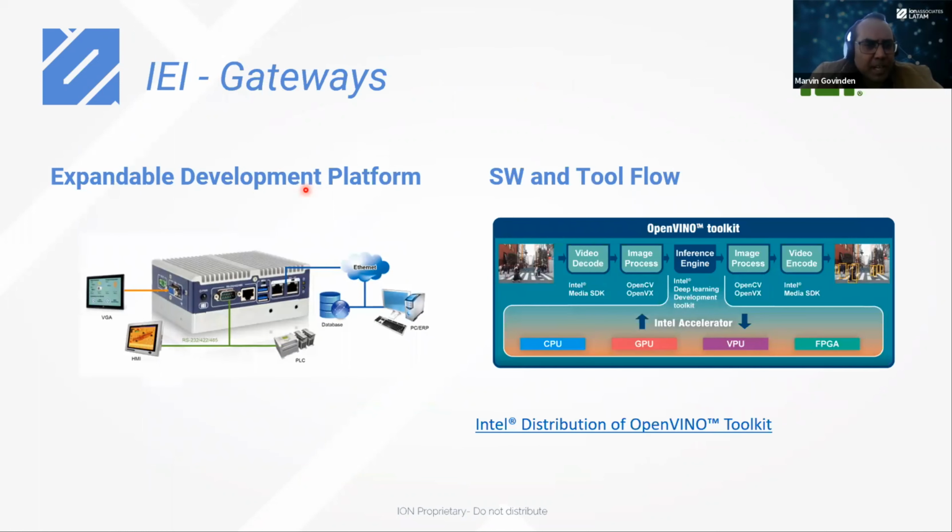So yeah, with AI we have different development platforms. We have gateways as well, which can have communication modules integrated. We can add screens, add other sensor nodes, connect physically to the internet, or use modules which have SIM cards inside them. Within these modules, they're expandable. We can add in accelerator cards as well if necessary. We work with partners as well, so Intel's OpenVINO toolkit is available for download, and we support that type of algorithm development with those third-party tools. Next, please.